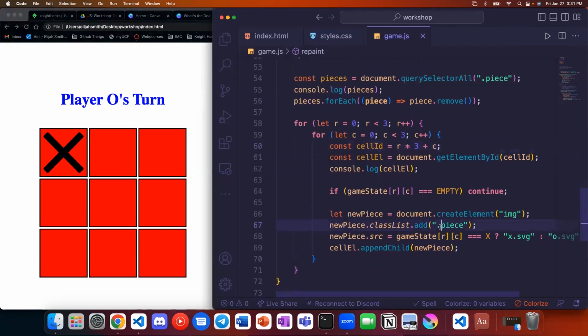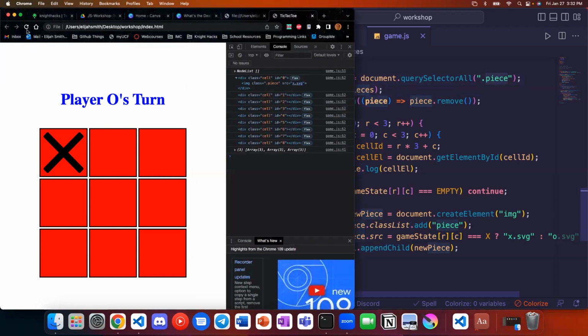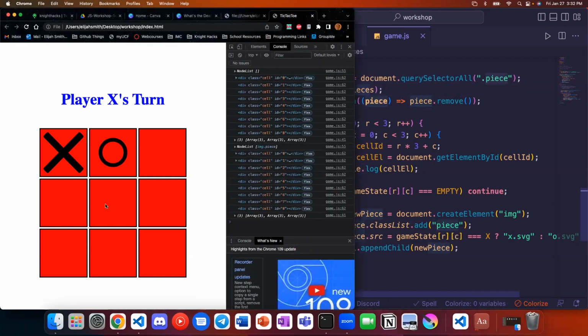Oh, you know what? We're going to take the period out of adding to the class list. This would be adding dot period as the name of the class, which we don't want. The period just helps us identify when we're query selecting this thing, this piece of string is a class. So we're adding just class to it. And then dot piece means get the class that is named piece. There we go.